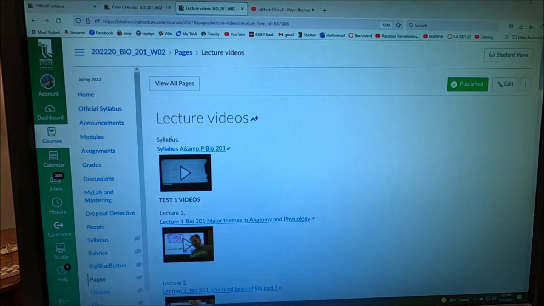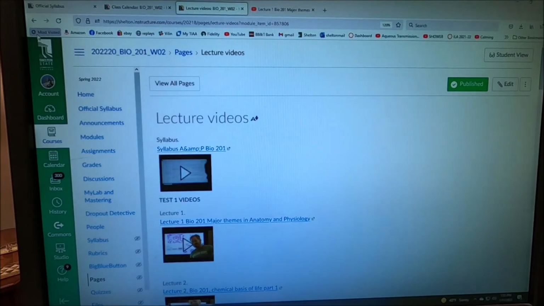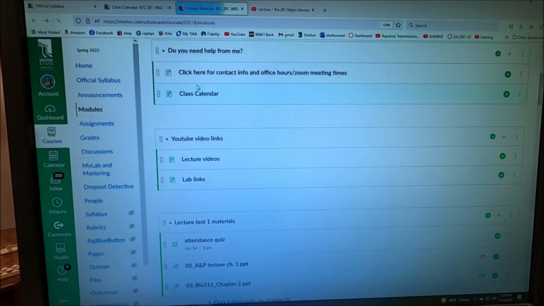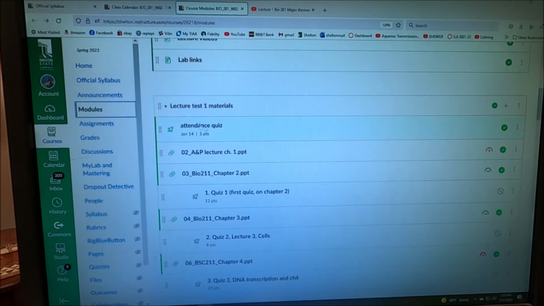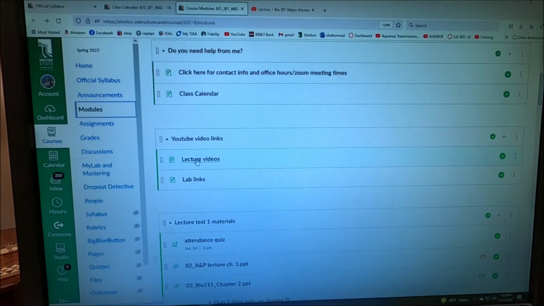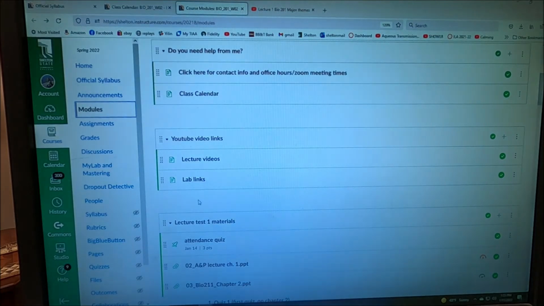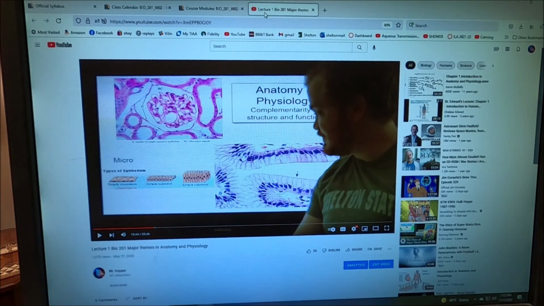If I were you, I would also come back over here to modules. So I just click on modules, and this is what comes up. And you can scroll down. It says Test 1 Materials. All right, and in this is the Chapter 1 PowerPoint. The Chapter 1 PowerPoint is this lecture. So I have for you the PowerPoint right there at the bottom. I have the video on the PowerPoint, and then when you are done with all of that,